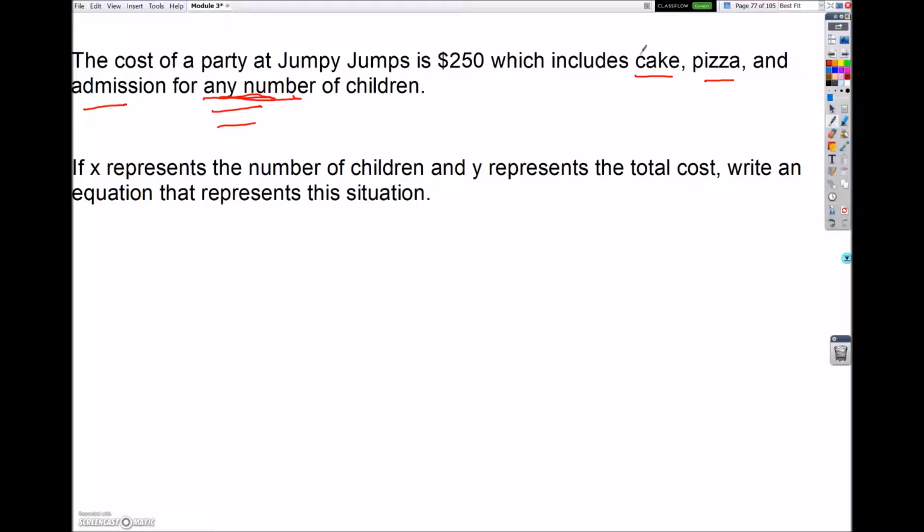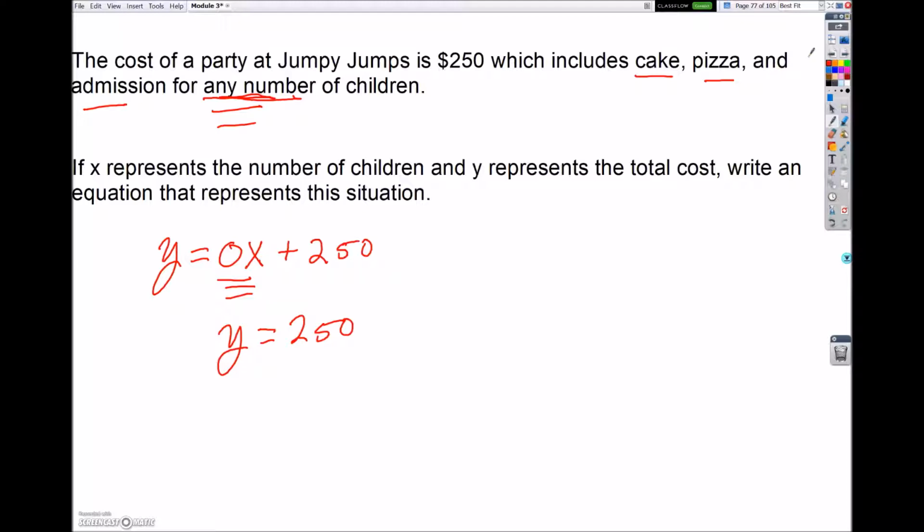They're like, oh, is that 2, 3, 4 variables? No, it's saying it doesn't matter if you bring in 1 friend, 10 friends, or 100 friends, you are paying a flat $250 for everything. So if x represents the number of kids and y represents total cost, write an equation. Well, the total cost is equal to $0 per kid because you are paying a flat fee of $250. You don't even need this part because when you simplify it, it will simplify to the total cost of the birthday party will be